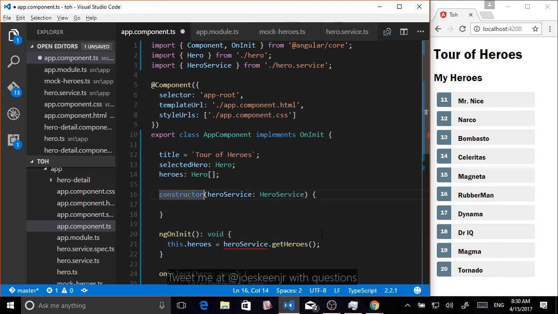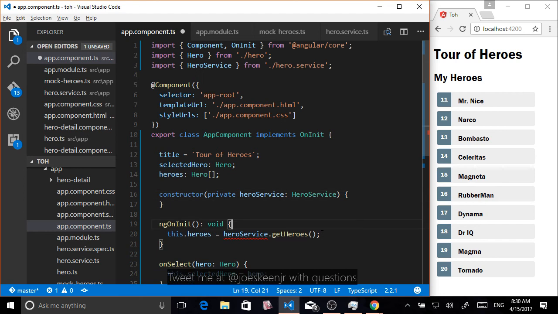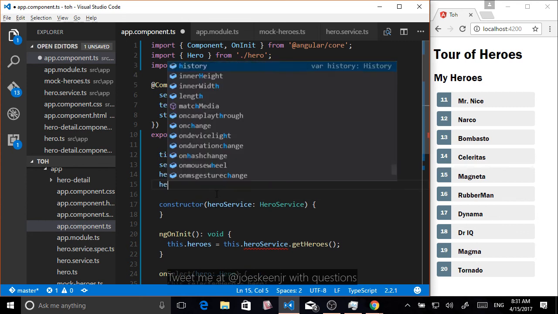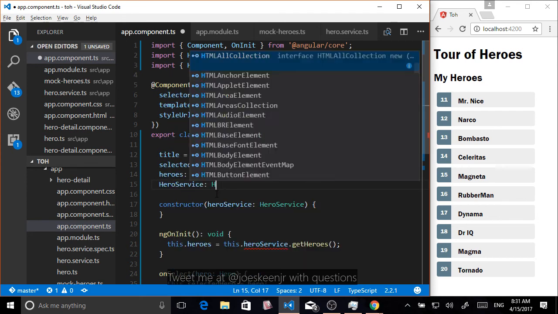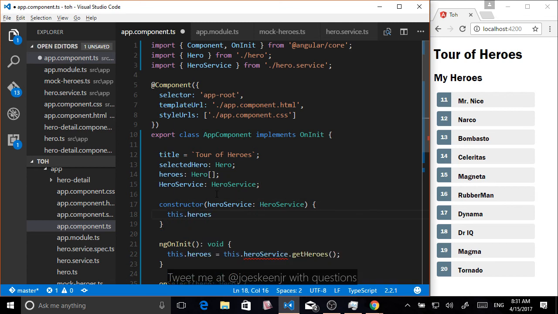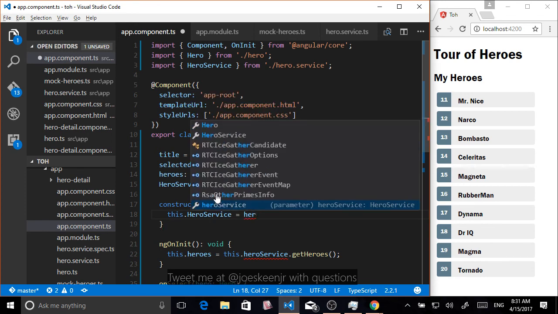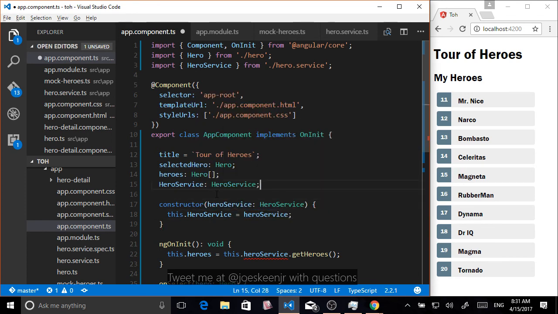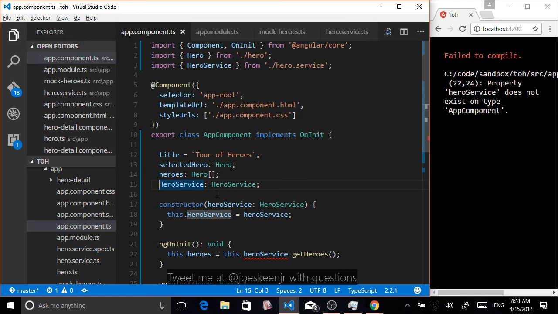And that's why I originally said, let's make this a private variable. Because even though we're only using it in one place, we need to be able to access it outside of the constructor. So basically this is just shorthand for this. We say heroService, this.heroService equals heroService. I don't know why that ended up getting capitalized, but basically,